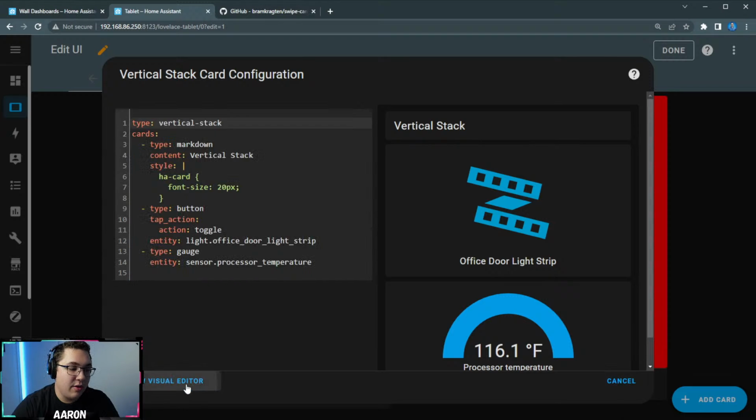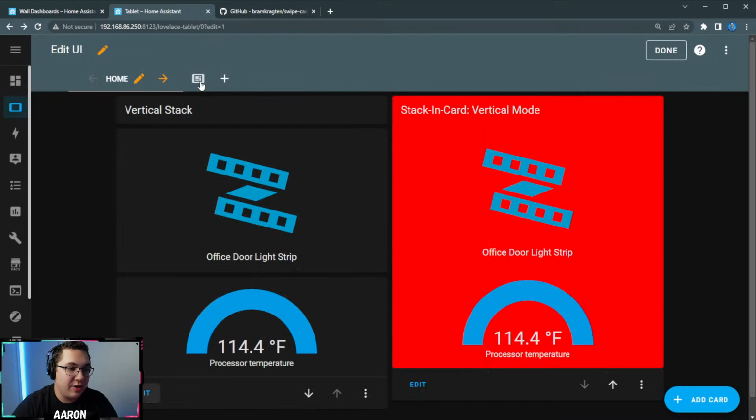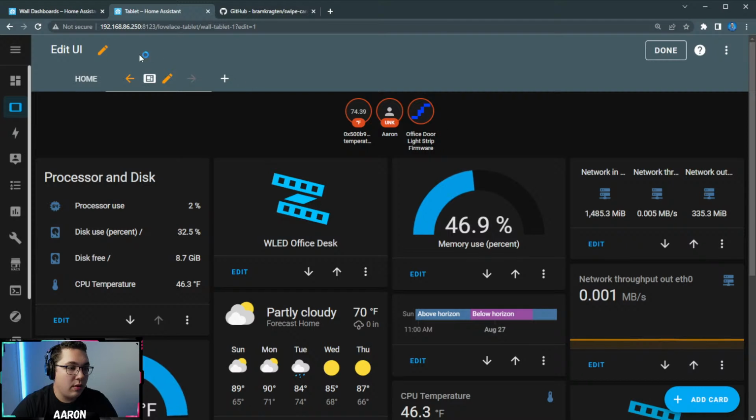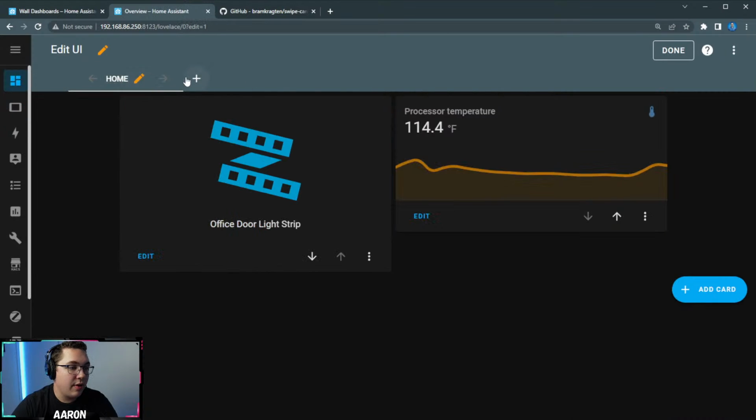I just copy this right out of here, and what you can do is show the code editor, and you can copy two cards. So this is the code editor. You can just copy both of these cards that were part of this vertical stack. So you had three in a vertical stack. I'm just taking these two, and these are what I'm going to swipe through. Sometimes it's easier to pull them out of existing configurations. But that was not what I wanted. Over here,